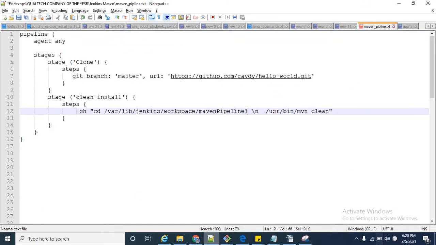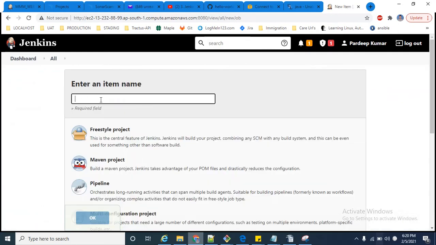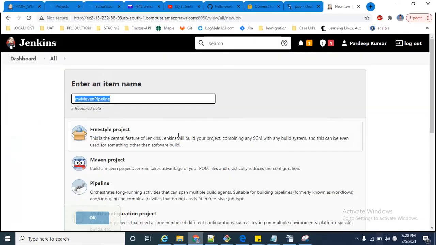Suppose I am defining Maven pipeline 1, you must give your pipeline name Maven pipeline 1. Whenever you create a new item, you have to define the workspace name as you define in the pipeline name. Like I'm giving the example my Maven pipeline, you must define my Maven pipeline here. I hope it's clear to you now.